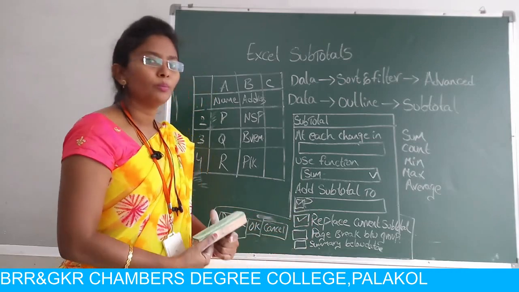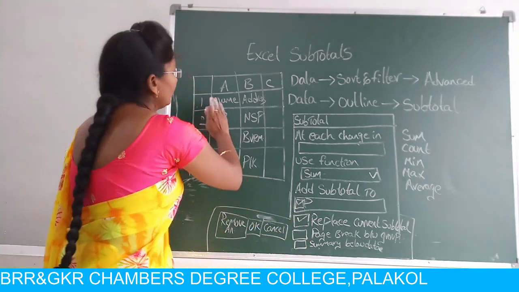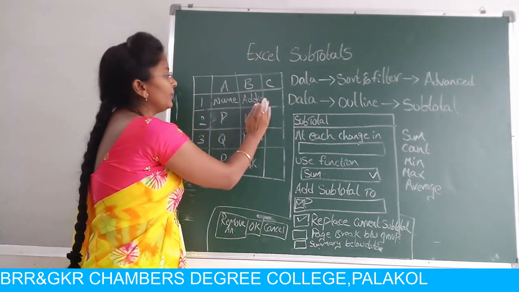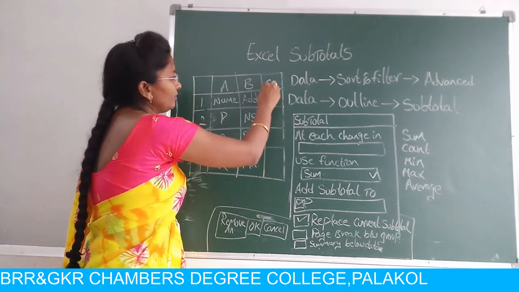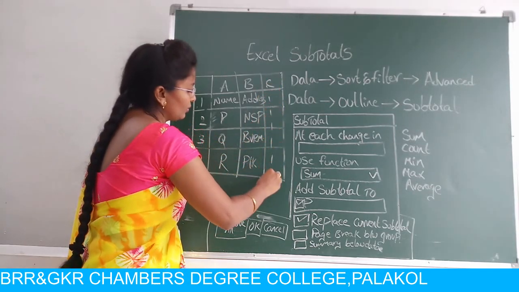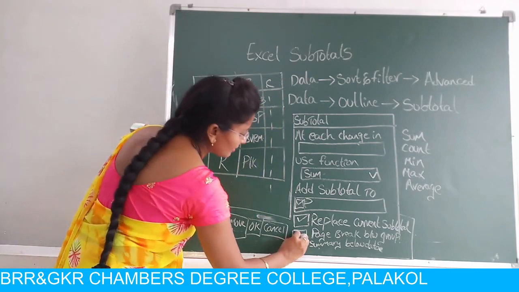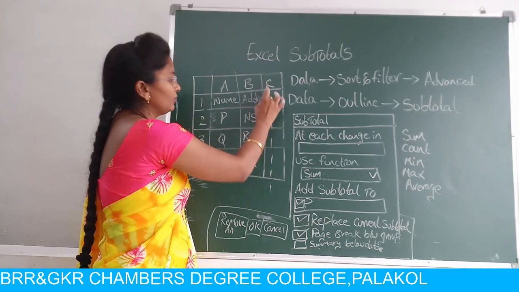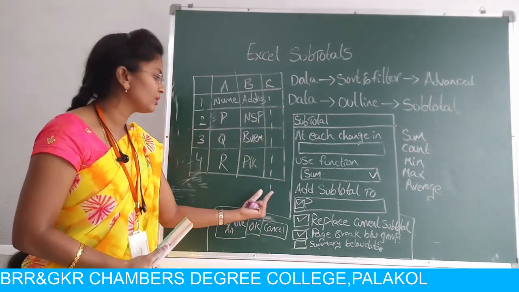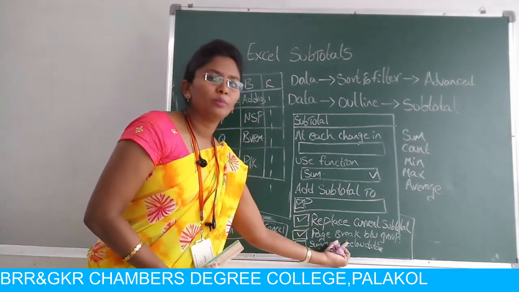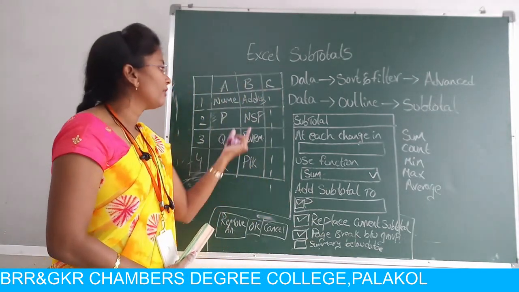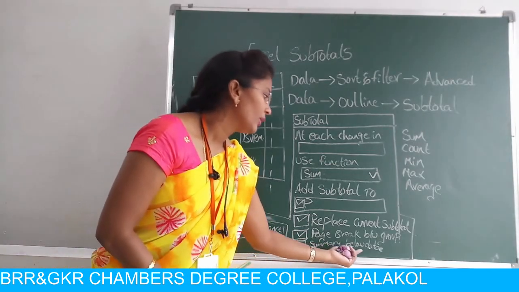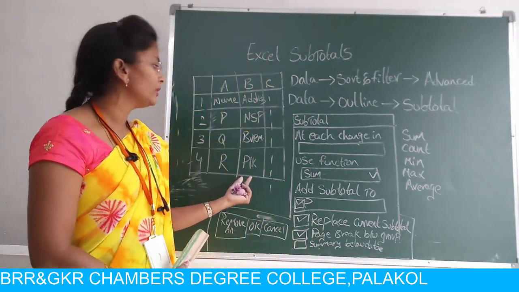If you want to break the group after displaying this data, then it will display a dotted line over here. If you click on this option, then automatically after completing this data a dotted line will appear. That means this dotted line is a page break between groups. This is one group. After completing this group the dotted line will display. And summary below data: for each and every data it will show the summary.